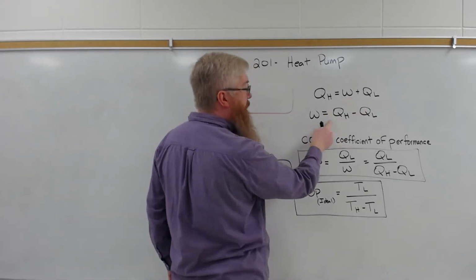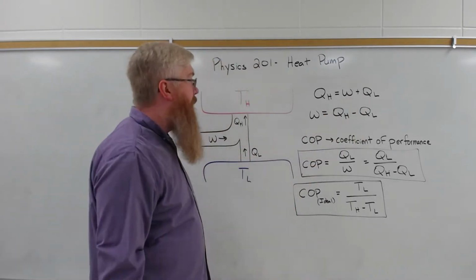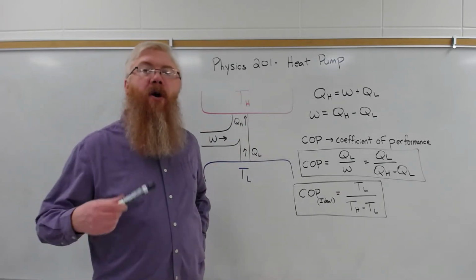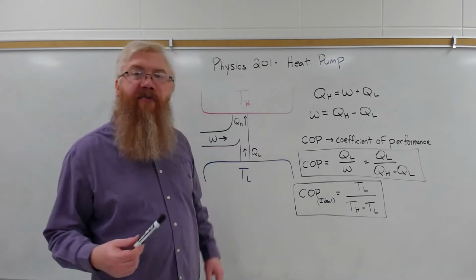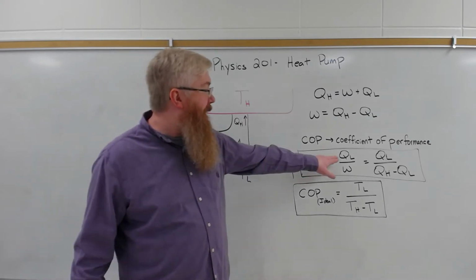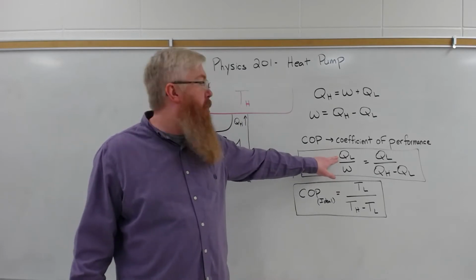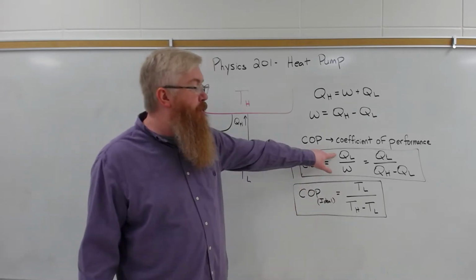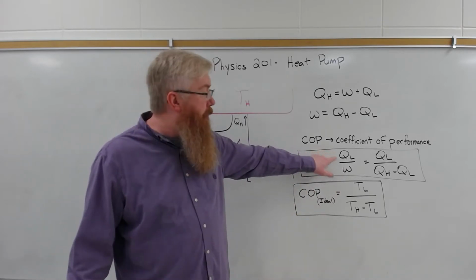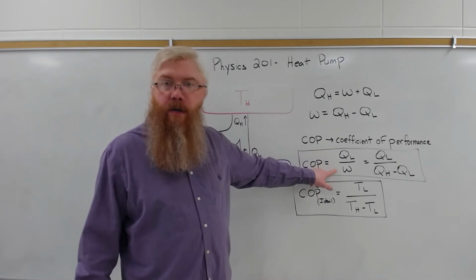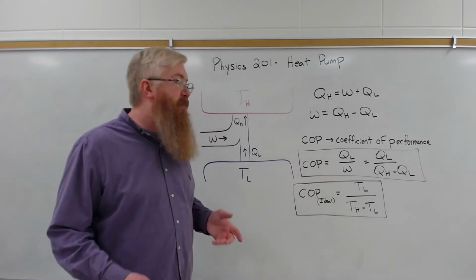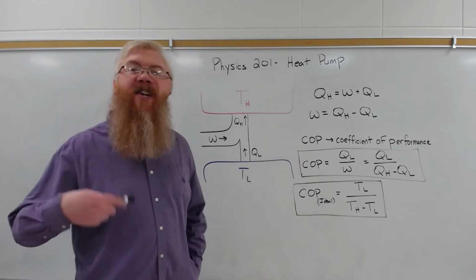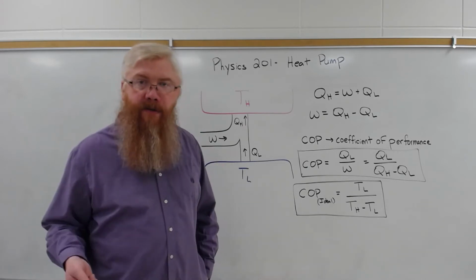So solving this, work is the difference in the temperatures. For a heat pump, you don't talk in terms of efficiency. You talk in terms of what's called the coefficient of performance. How much heat can you pull from the low temperature reservoir for a given unit of work? If you can pull 10 joules of heat from your refrigerator with 1 joule of work, then your coefficient of performance is 10. So the higher the coefficient of performance, the more efficient your heat pump or refrigerator is.